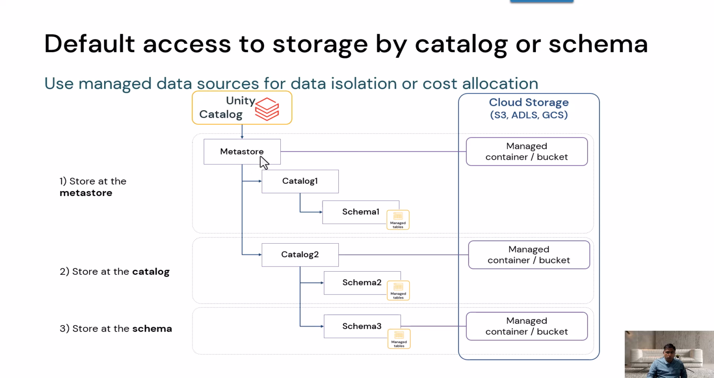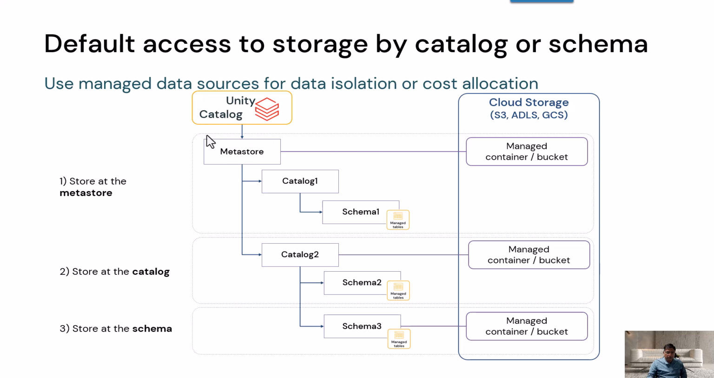So at the metastore level, you can assign the managed container or a bucket. And then at schema level, you can also define the managed table, right? So at any level, either schema, catalog or metastore, you can define the managed container or a bucket. And then based on that, you can isolate the,